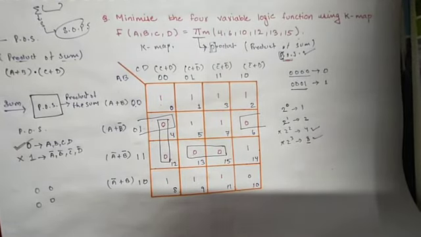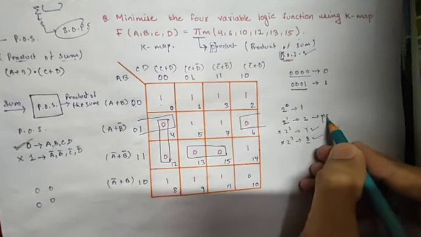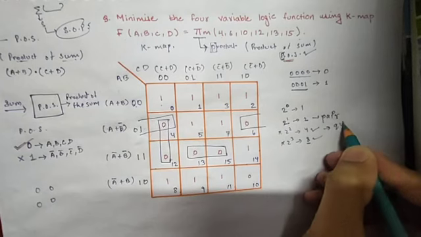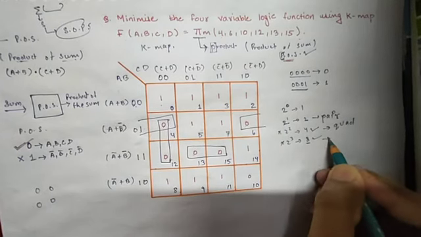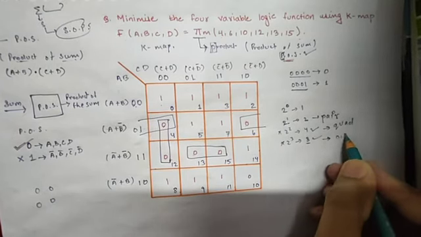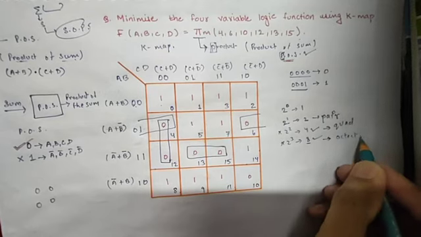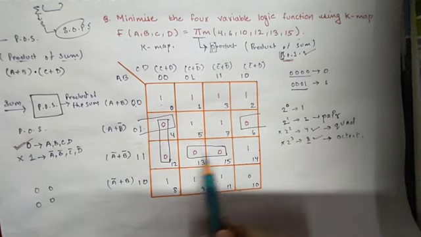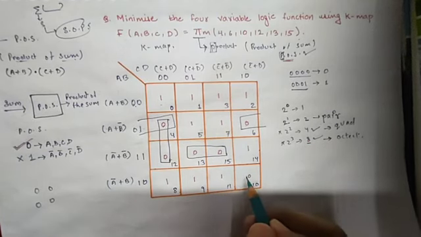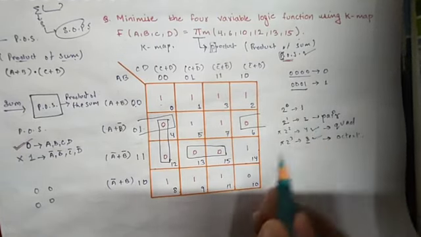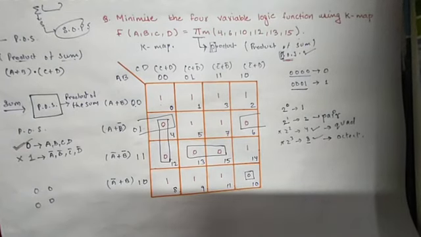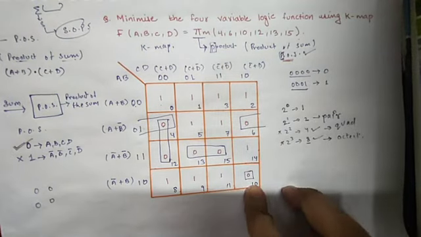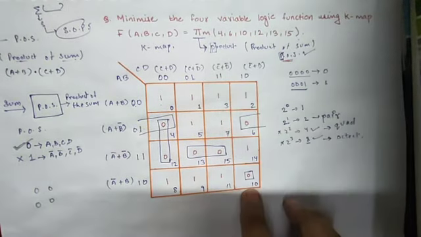We call the set of 2 a pair, the group of 4 a quad, and the group of 8 an octet. Okay, so in this question we are getting 3 pairs and 1 single zero is remaining, so we will take this one also, because in this question it is mentioned that we have to take the number 10, that is why we are taking this.